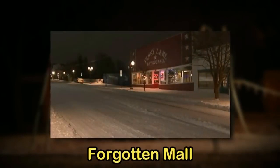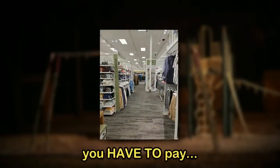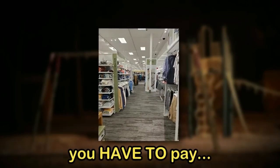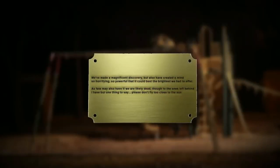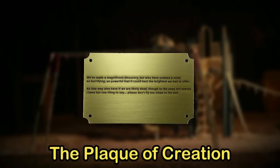One is the Forgotten Mall, which is a large mall with different off-brand stores inside of it that has clothes and that kind of stuff. And you can get these clothes, but you have to buy them actually. And if you don't pay for them at the cash register, then they'll just disintegrate in your hands when you walk out the door. And lastly, there's the Plaque of Creation, which is a golden plaque located inside of a